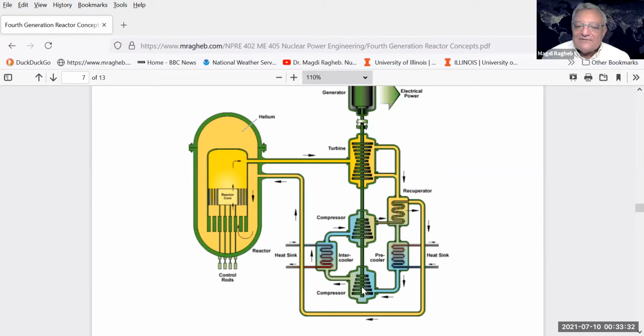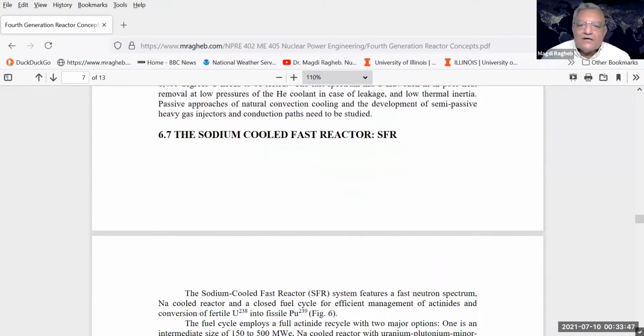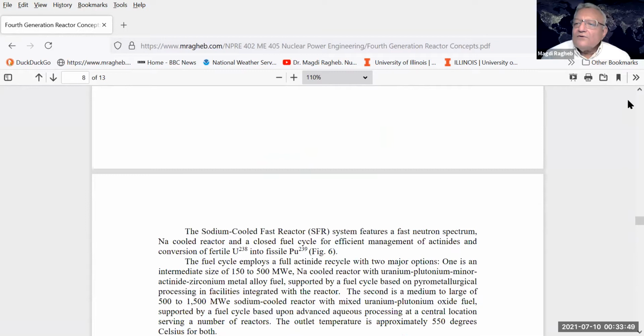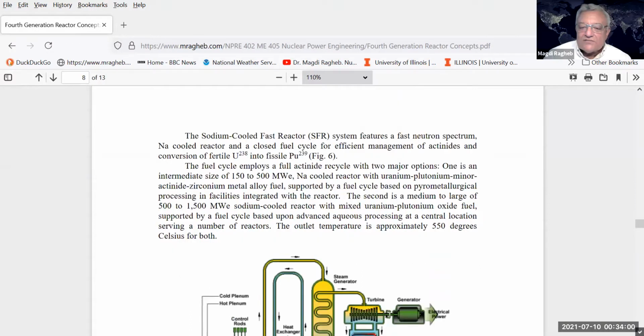So you are back to now really the ideal cycle for a gas, which is a gas turbine cycle by name. So this is the second concept that can produce for you higher temperatures for hydrogen production. They came back with an old concept, the sodium-cooled fast reactor. They designated it as SFR. It can also produce high temperatures for you, but not as much as a very high